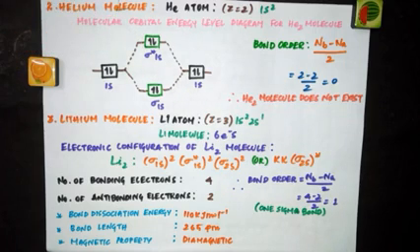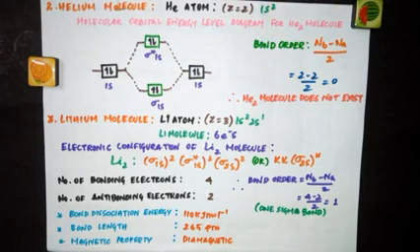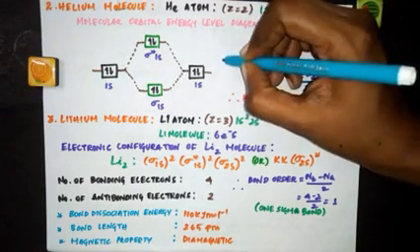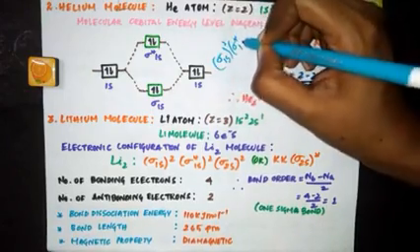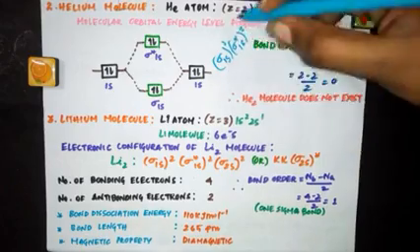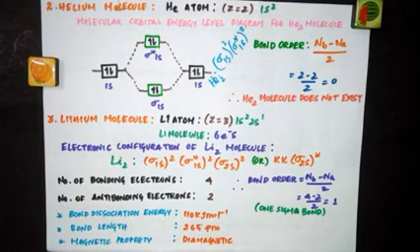Which molecule? He2 molecule. If they ask you why the He2 molecule is hypothetical, why it is not formed, then you have to write this molecular orbital diagram, calculate the bond order, and show that since it is 0, this molecule does not exist. And how will you write the electronic configuration of the helium molecule? Here it should be sigma 1s2 sigma star 1s2, 4 electrons. So this is the electronic configuration of the helium molecule.